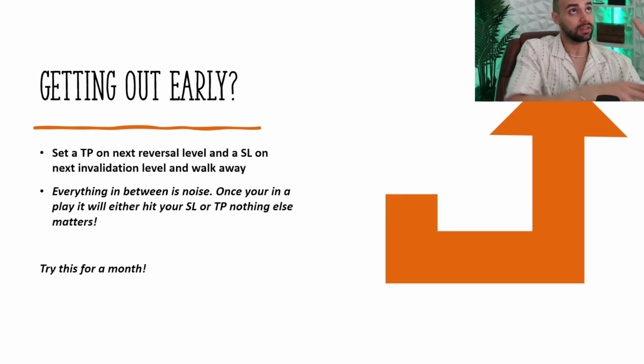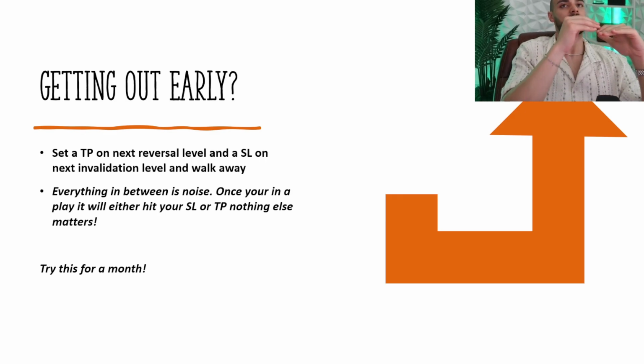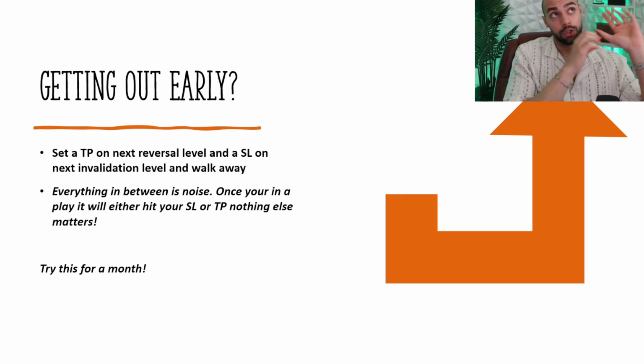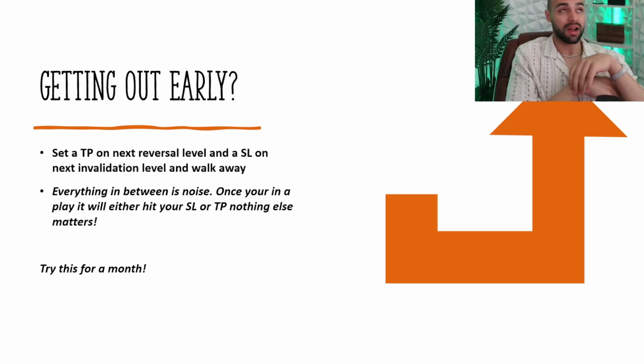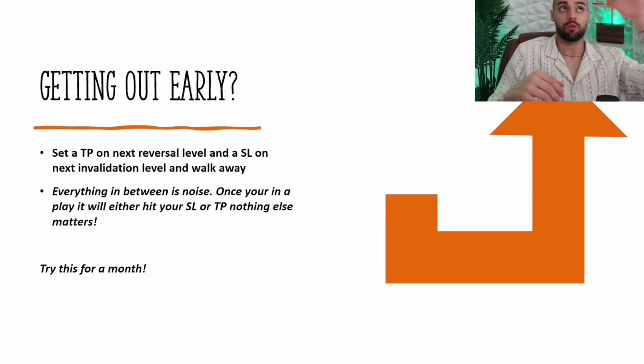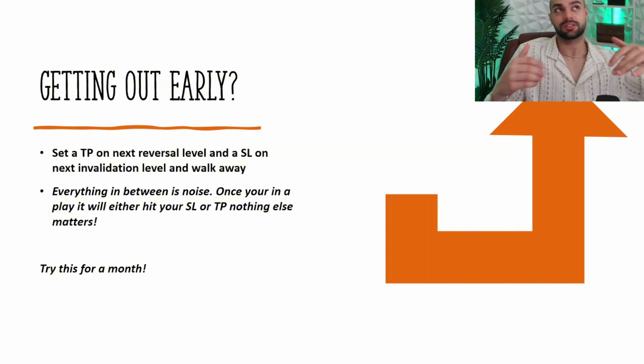So set your TP, get in the trade, set your stop loss, and walk away. Turn your computer off. Make sure you have OCO bracket set up. That means if it hits your stop loss, your take profit will be canceled, because if you don't, it could hit your stop loss and go and hit your take profit, which instead of taking you out of the trade,